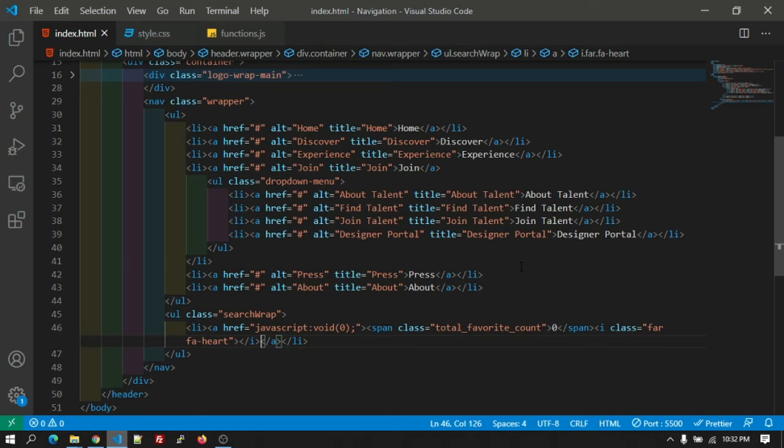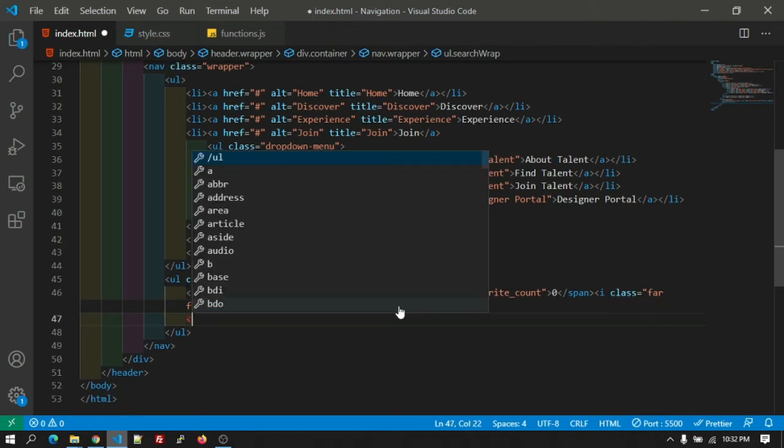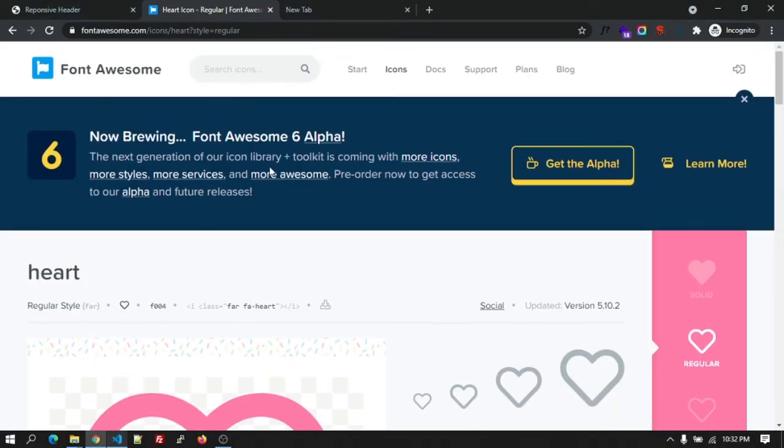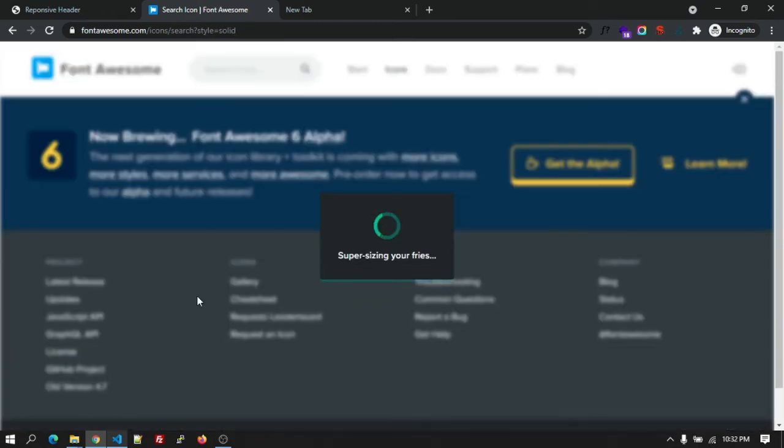And after that, we are going to use the search icon. Let's add the anchor tag. Let's give the hashtag and insert that. Let's search for the search icon. So let's pick up this one.